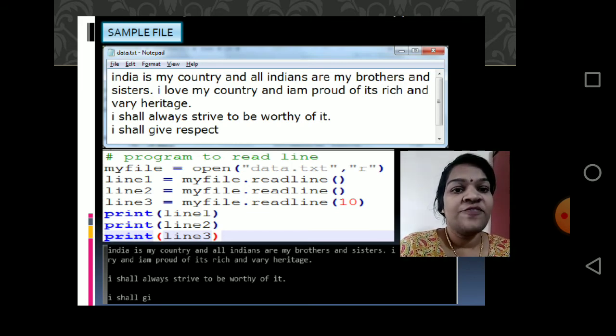Is that clear? Line 1 stores the whole line, that is readline. Readline reads only one line of a file. So when you come to the next, line 2 stores the second line because of the readline function. The third one is also a readline function, but it takes only 10 bytes. So that's why it is coming like that.